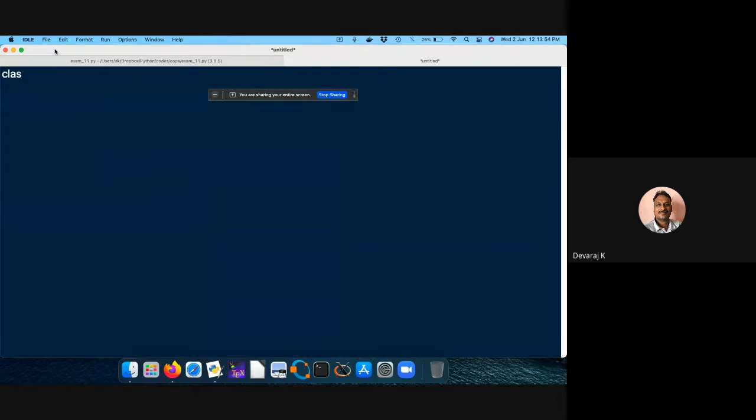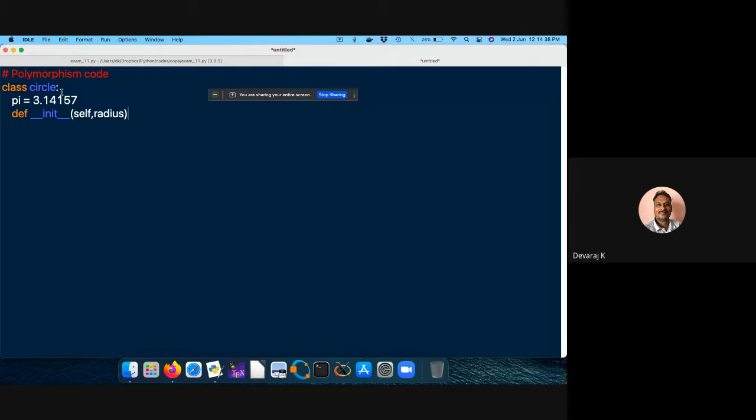Okay, it is class. Let me define Circle. This is the code with respect to polymorphism. Let me write that. Circle is defined. Then I'm going to define the value pi is equal to 3.14157. Then once again, it is underscore init underscore, with self dot radius.